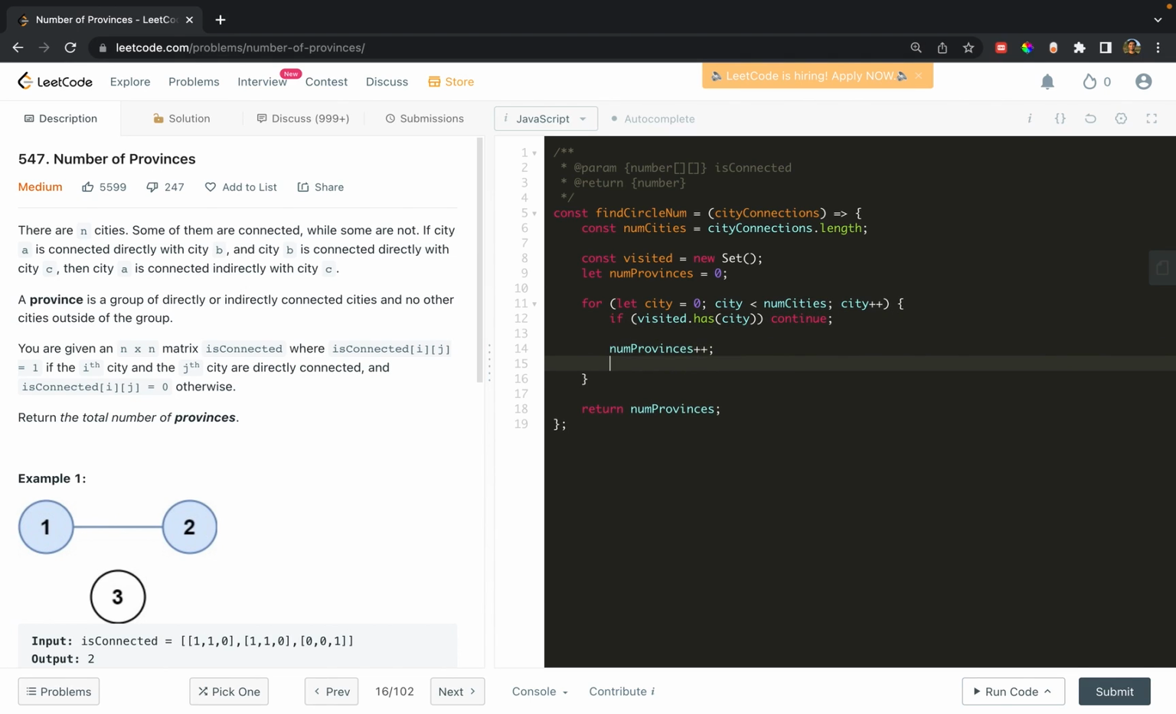So we increment our counter, and then we need to mark the province as visited, which will be a separate helper function that we'll write in a moment. This will take in whatever city we're starting from. It needs the city connections adjacency matrix so that we have our graph representation, and then it'll take the visited